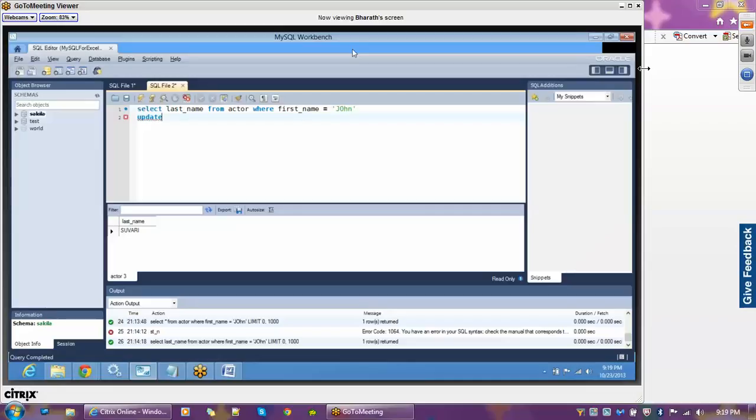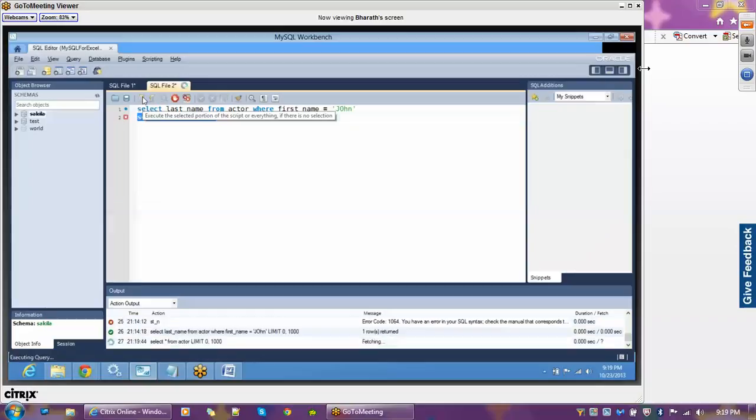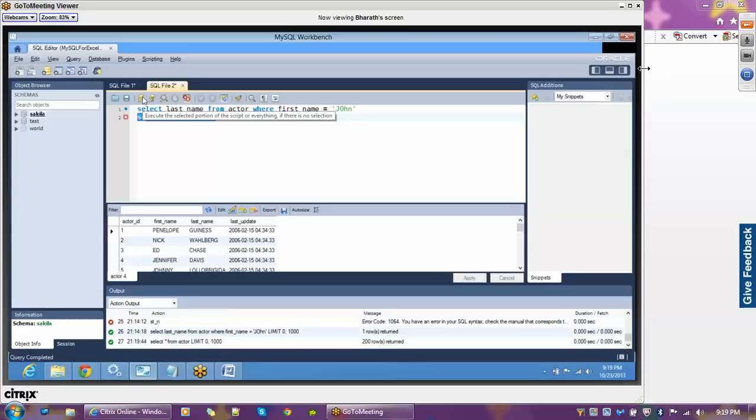Let us try to update this particular actor table. Before that, let me just retrieve all the data. And when do we use this select statement? When we want to retrieve some data from the database. For example, maybe you have developed a website which will maintain the records of actors. So if someone wants